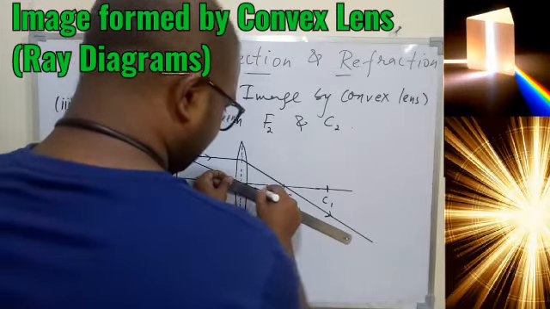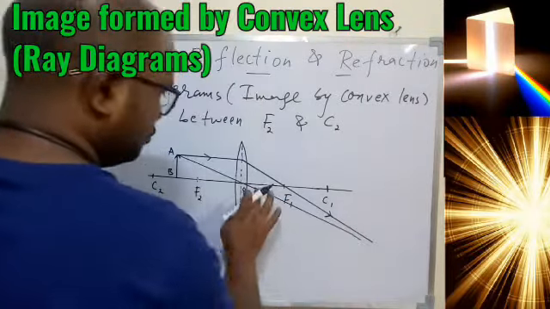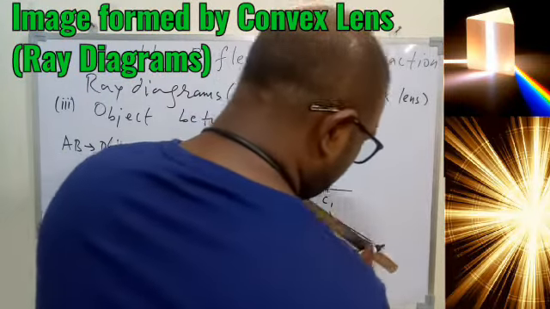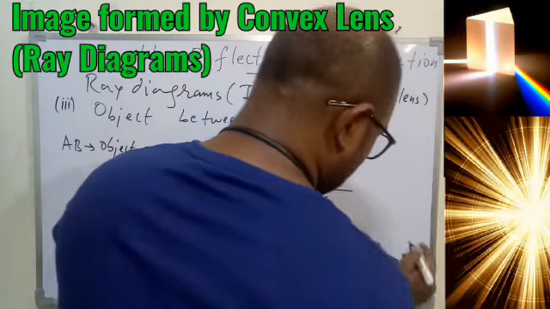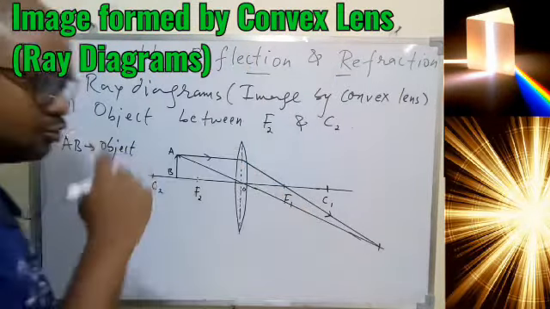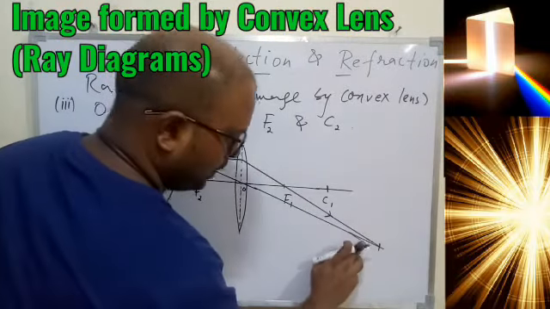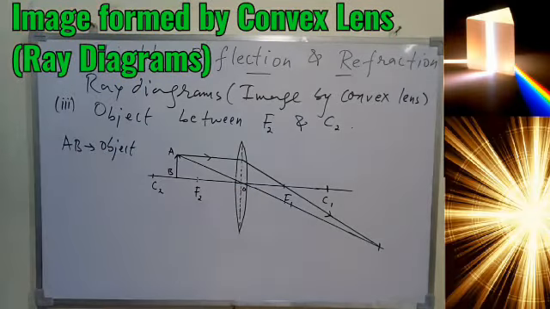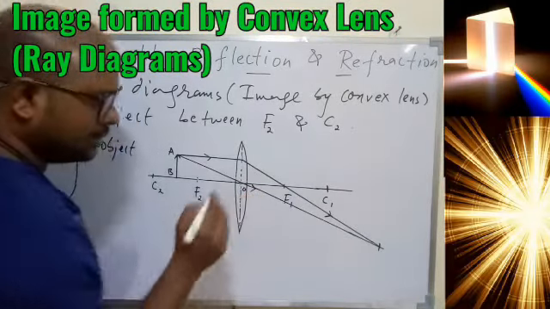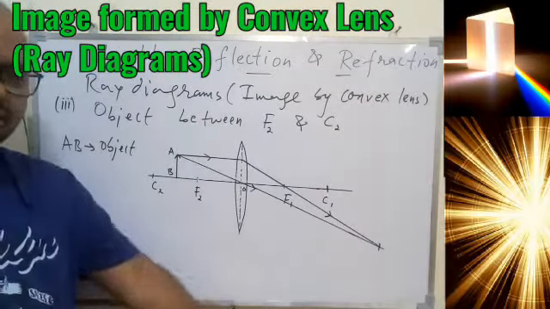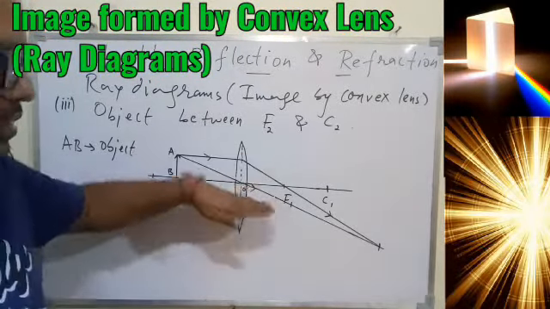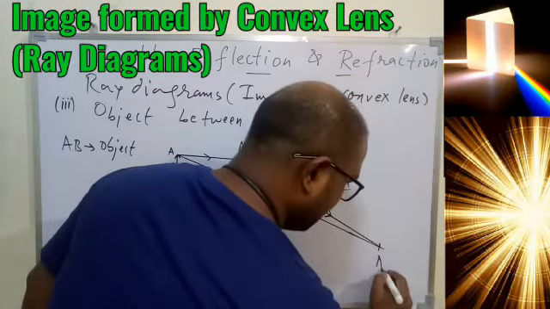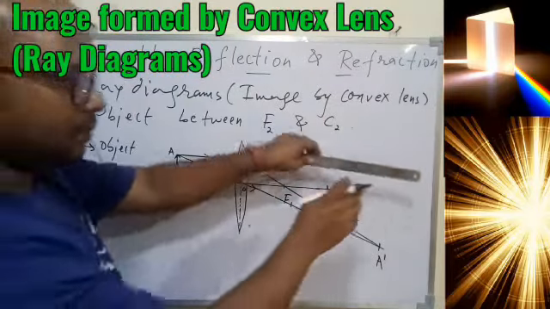So take care your line should be straight, because for me it's quite difficult to handle the scale. But you always remember your line should be straight. It should not be bending anywhere in between. It should be a single line. So here we can say this is the ray of light passing through optical center, and that will pass straight away. So we got the first ray this one, second ray this one, and they seem to meet at this particular point, and this point is nothing but image of A, that is A prime.